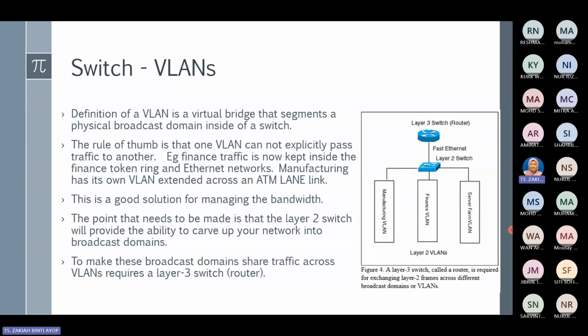such as a VLAN. As you can see in this figure, we have a network topology that contains different LANs using the concept of VLAN. What is a VLAN? A VLAN is a virtual bridge that segments a physical broadcast domain inside of a switch. For certain ports, they belong to a specific VLAN, so the packet will only be broadcast to that domain